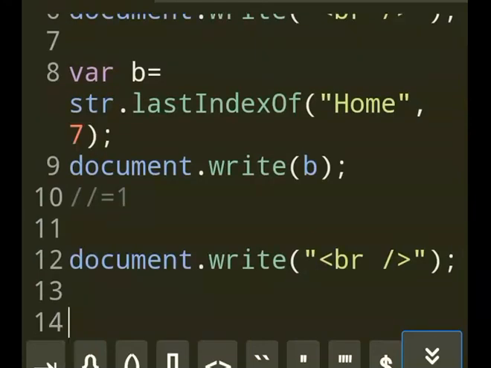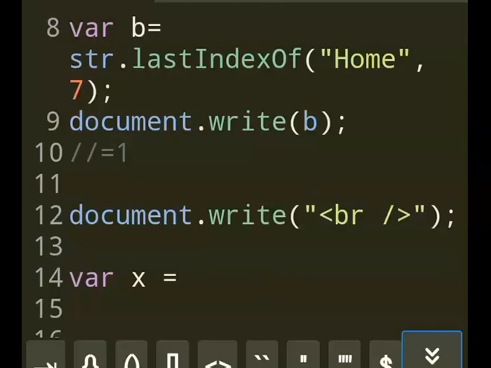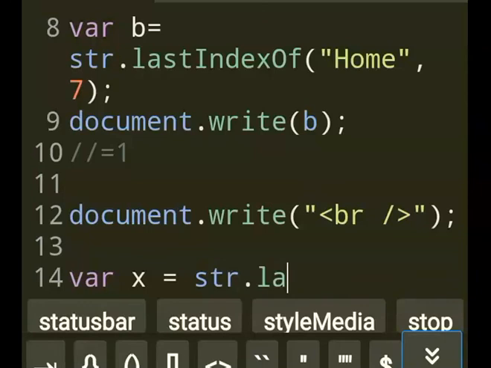I consider another variable x, last index. I repeat the same syntax.